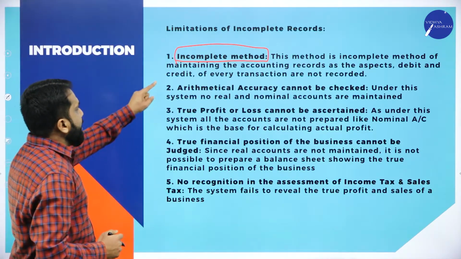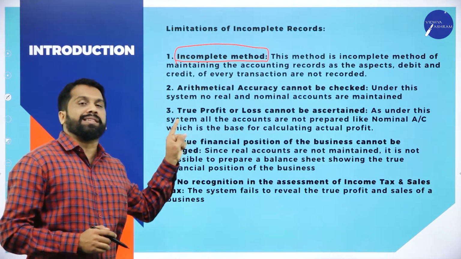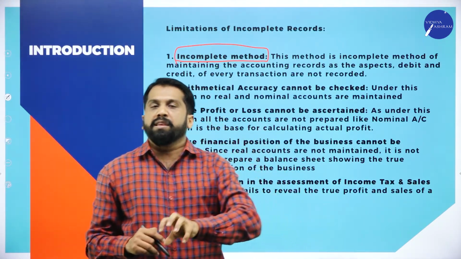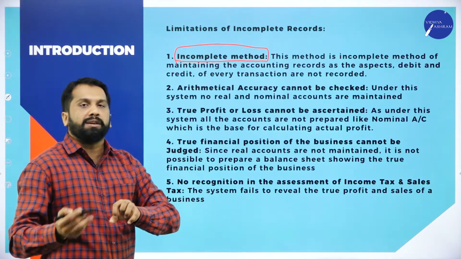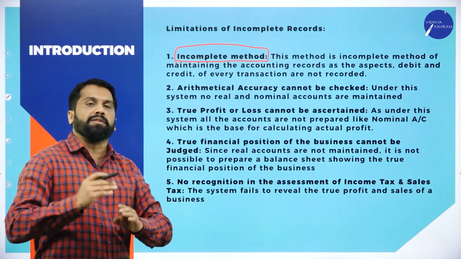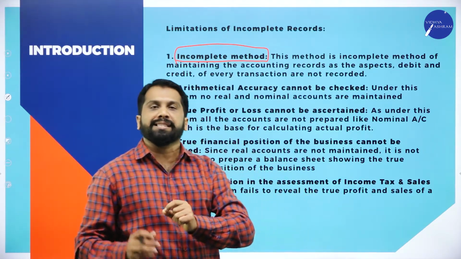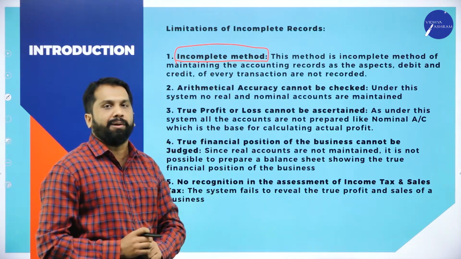That's why it is the incomplete method. It is not the complete method. Everything is jumbled in a single book. Today you can find it, but after 1 week you cannot recall or remember whatever transactions you have done. That's why we call it an incomplete record. Now,